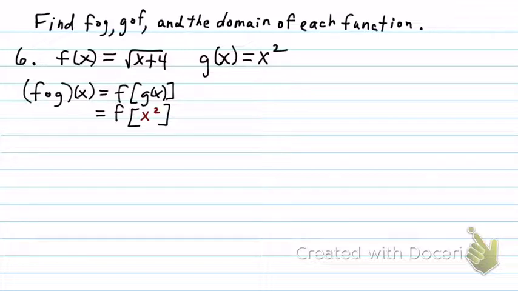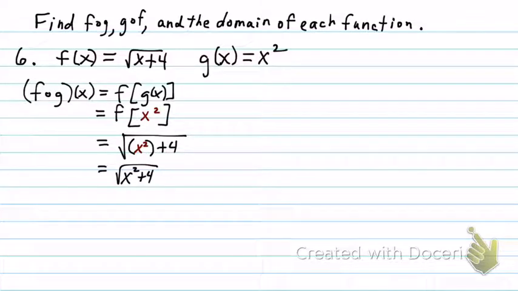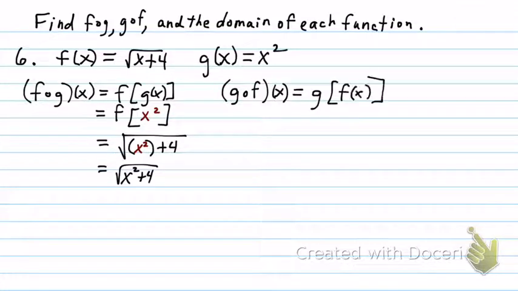So in the f function, we take the square root of our input plus 4. And so our input here is x squared. So we're going to have the square root of x squared plus 4. For g of f of x,